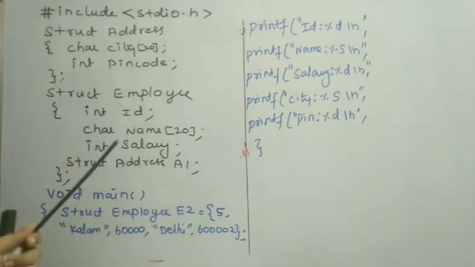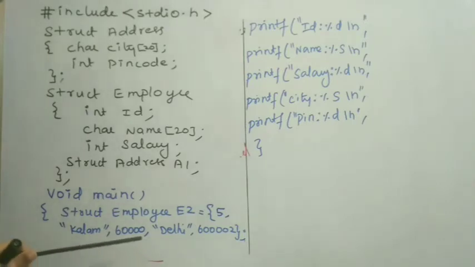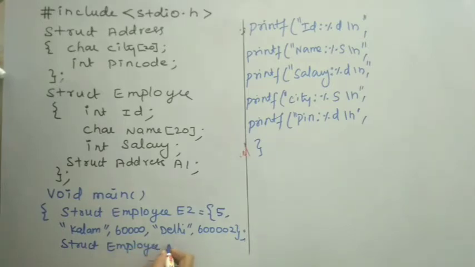Okay, here I am going to declare a pointer variable for this structure employee. Using the pointer variable, I am going to access the data members. How to declare the pointer variable? Struct employee star EPTR. EPTR is a pointer variable. To specify this as a pointer variable, it is prefixed with a star symbol.